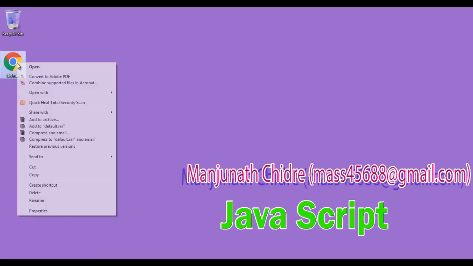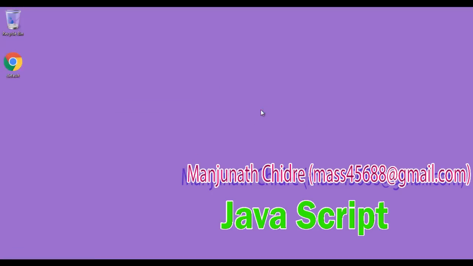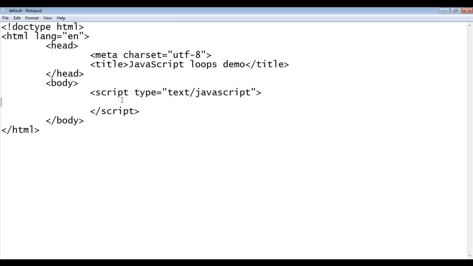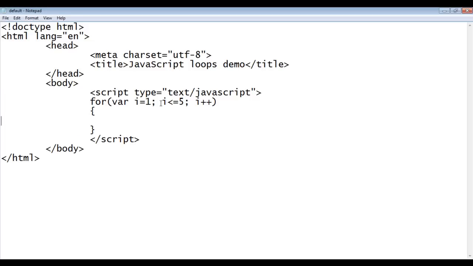I right click on default.html, open with the Google Chrome. You can see that default.html is open in the Chrome. Title is set to JavaScript loops demo. I go to notepad. Within the script tag I say for where I is equal to 1. This is an initialization statement, and then I is less than or equal to 5, conditional expression, I++, which is an increment statement. In pair of flower brackets I say here